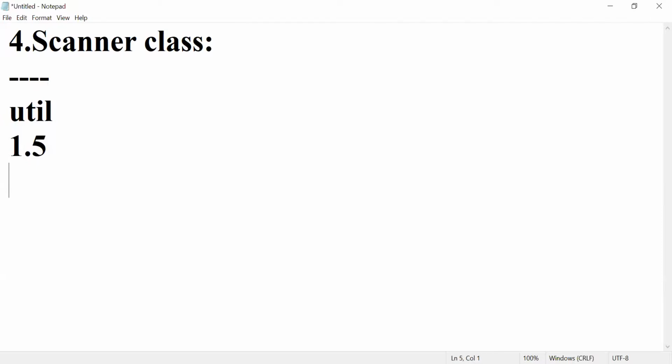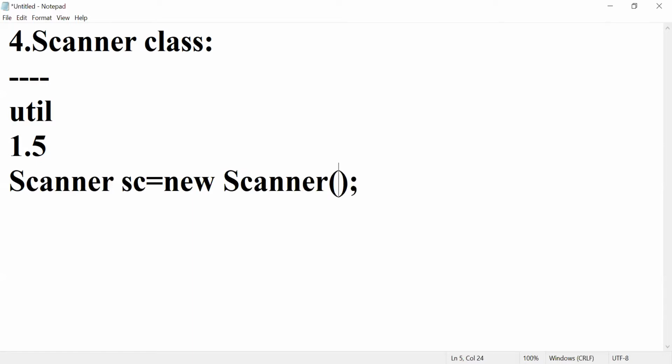So first point is, if you want to use Scanner class inside a program, we have to import the util package. It is introduced from JDK 1.5 version onwards. Now, how to create a Scanner class object? sc is equal to new Scanner